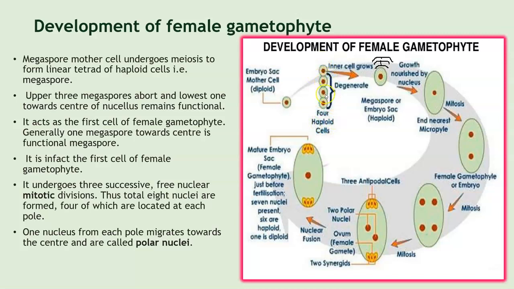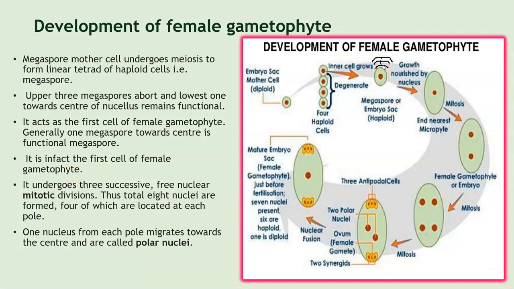Now the upper 3 megaspores abort and only the lowest one towards the center of the nucellus remains functional. It acts as the first cell of the female gametophyte. Generally, one megaspore towards the center is the functional megaspore. It is in fact the first cell of the female gametophyte. So this is your functional